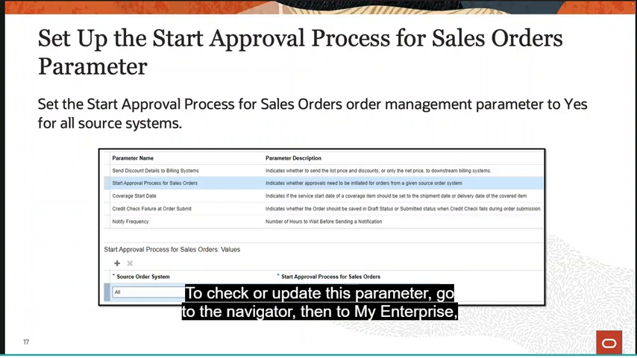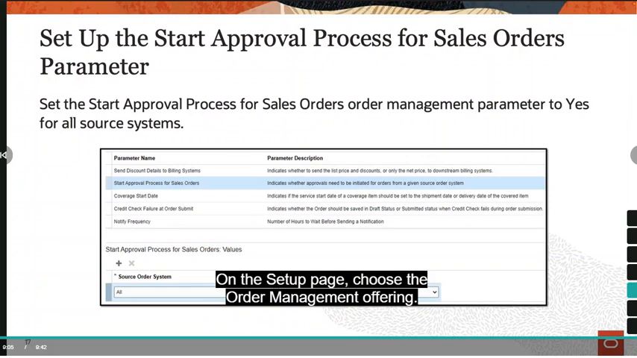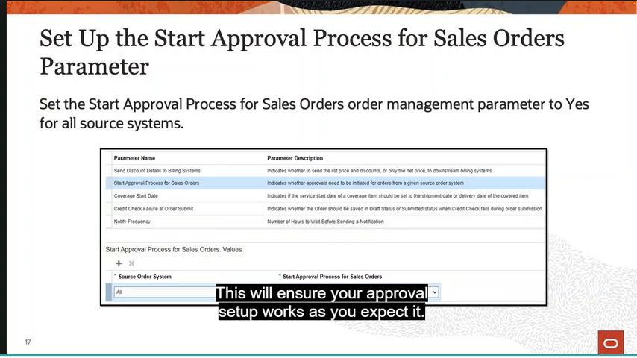To check or update this parameter, go to the navigator, then to My Enterprise and select Setup and Maintenance. On the Setup page, choose the Order Management offering. Search for and select the Manage Order Management Parameters task in the Orders functional area. This will